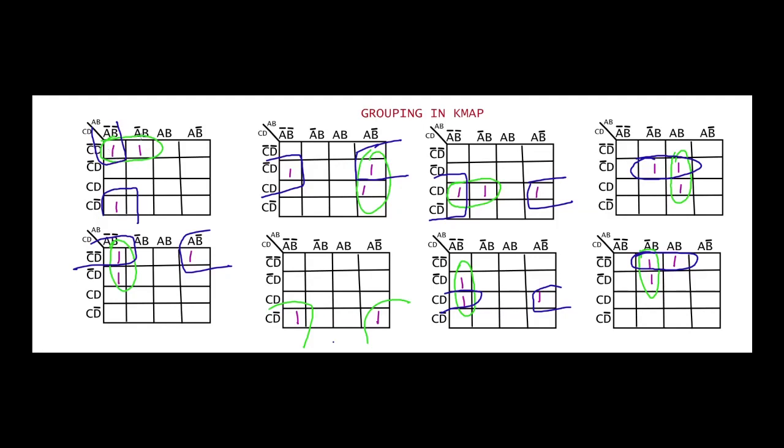So I'll go with these 2 ones, where these 2 ones make a group, and this is the edge of the K map, and this is the other end of the K map. So both of these can form one group of 2 ones.